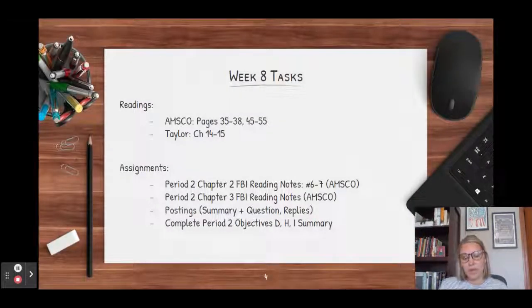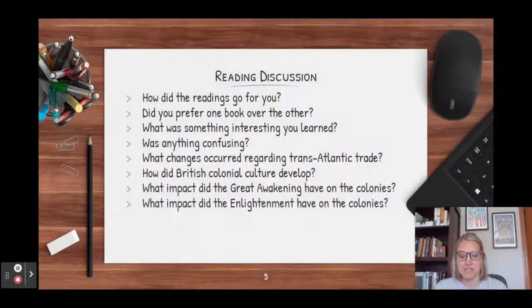So you had a bit more reading this week in AMSCO and a bit more note taking. So there wasn't another assignment for you as we've done in the previous weeks. And then you just want to wrap up all those period 2 objectives that we have been working on for the last 5 weeks. So for the readings, you want to make sure that you can understand what changes occurred